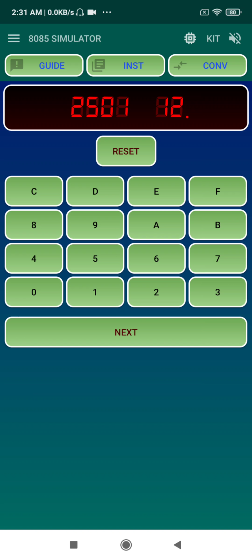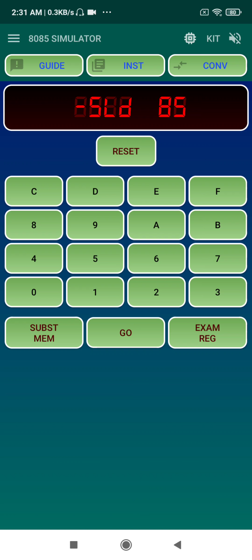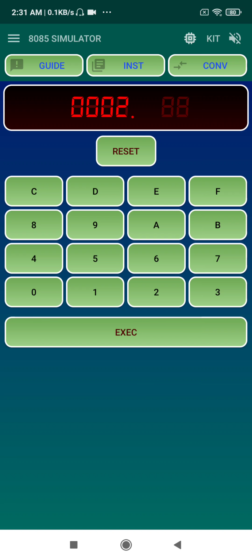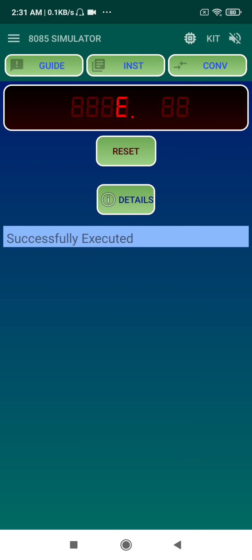After entering the values and memory locations, we will press the next button, then reset, go, the starting address, and execute. The second execution is for writing the input values to the 8085 chip.